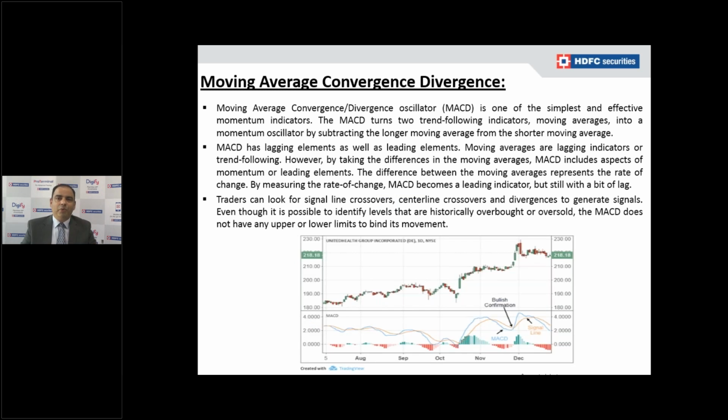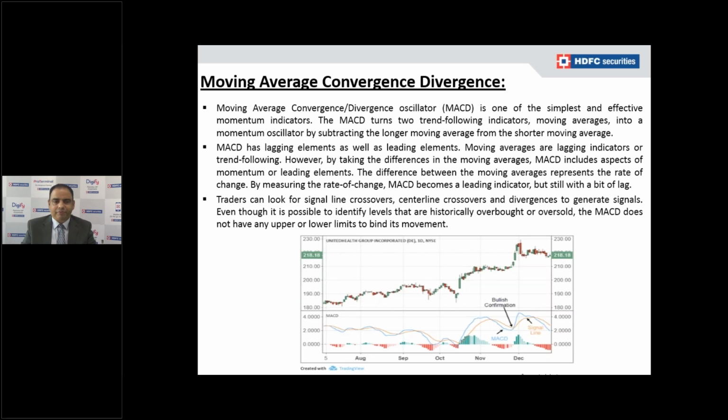MACD is moving average convergence and divergence. It is a ratio of the smaller and larger term moving averages. You can see the overbought and oversold levels in the moving average and also crossovers. When the MACD shows a negative crossover at the higher levels, the price is showing some signs of downward correction. When the MACD shows a positive crossover, it indicates a positive trend is developing in the price, where you can create a long position, and at the higher level you can create a short position.